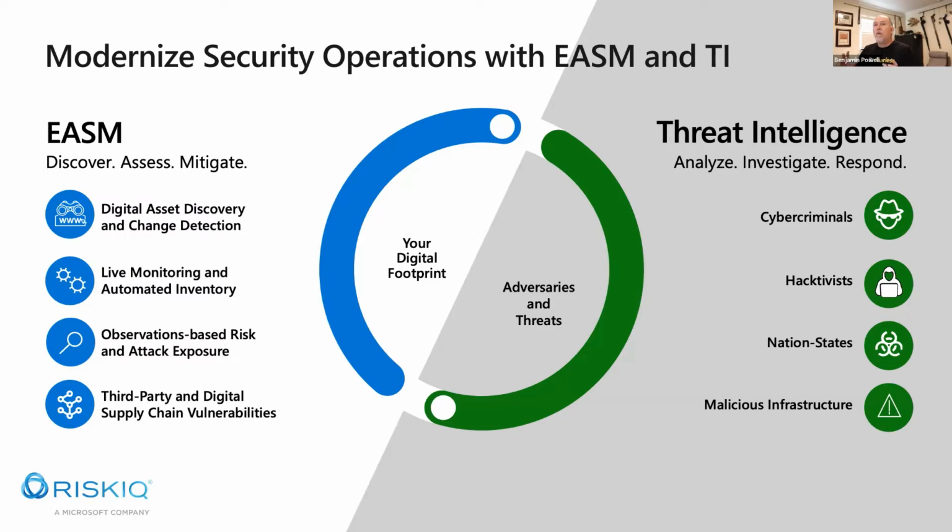Now, when you think about how you're going to modernize your operations or get them up to the highest level of understanding, it's a combination of that attack surface, that external attack surface, and the threat intelligence, and marrying those together. So for example, if you're reading an article and that article talks about a particular operating system or application or appliance, and you have that in your own infrastructure, then that's an article that you should really pay attention to, or that threat intelligence is something that you should make sure you understand, or a third party.